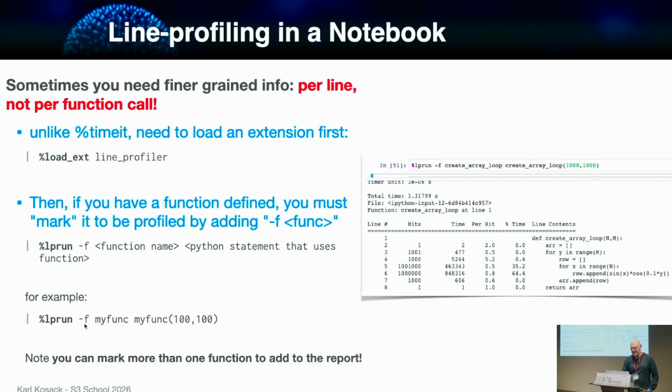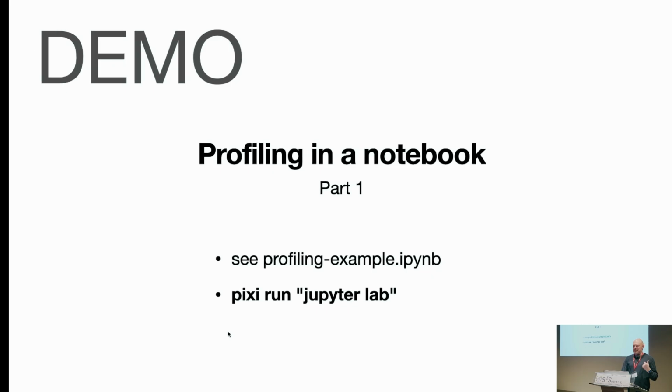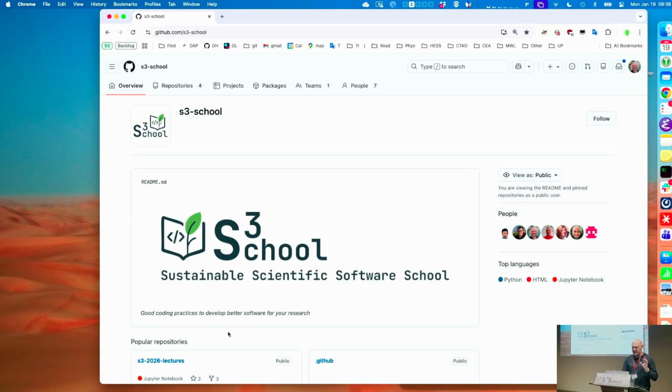So a simple case here is if you have just one function, you'd say, I want to look at the results for my func, and I want to call my func of 100, 100, and see what the profile is. So let's try that. Now I'm going to go into a much more complex example, because I'll use that for the rest of the